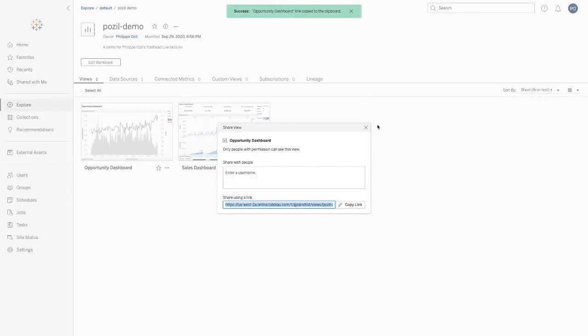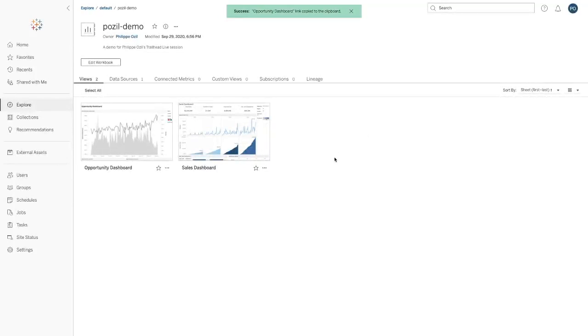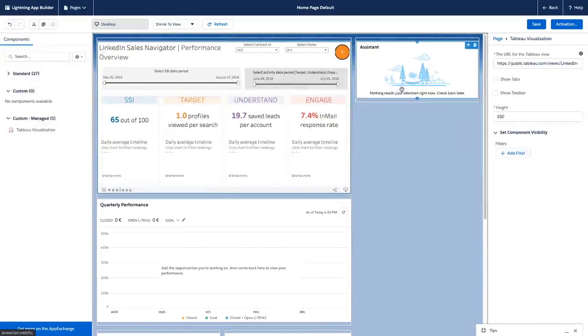So I'm going to copy that link, which is the link to our view, which has been published. It's important to note that you must publish your view to access it outside of this editor. And if I go back now to my Lightning App Builder, I can replace this URL with my own URL. I'll remove the parameters here just to simplify the URL, and this